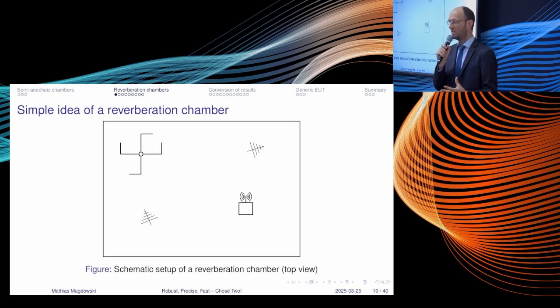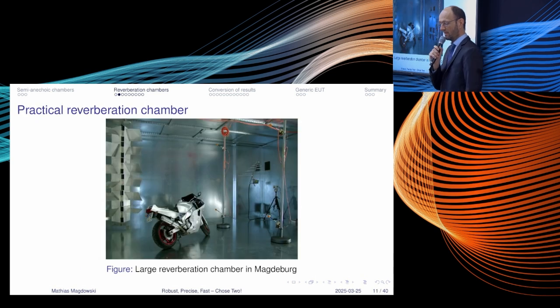And these standing waves in electromagnetics are called modes. And with this large metallic object, we kind of steer the modes. That's why we call this a mode steerer, and the whole thing a mode steerer chamber. But because there's also lots of echo and reverberation of the field in there, you can also call it a reverberation chamber. And since maybe, let's say, 10 years, this is the more common term to call it a reverb chamber. This is how a practical chamber looks like.